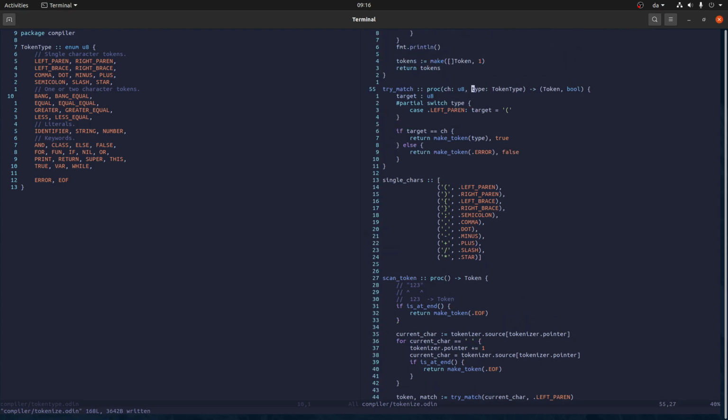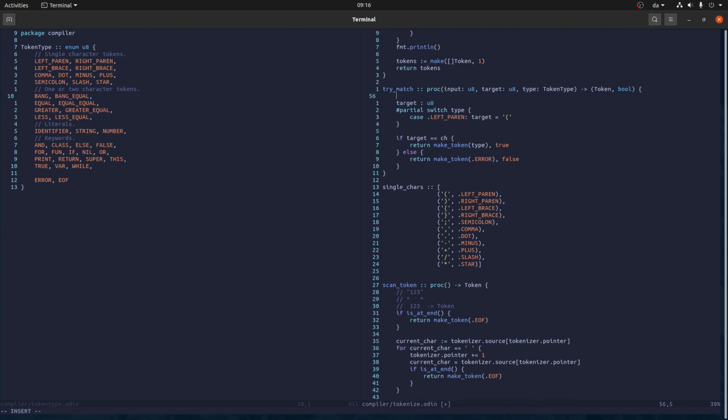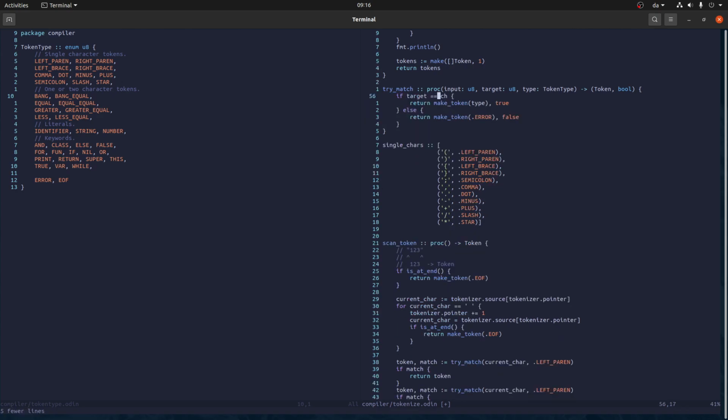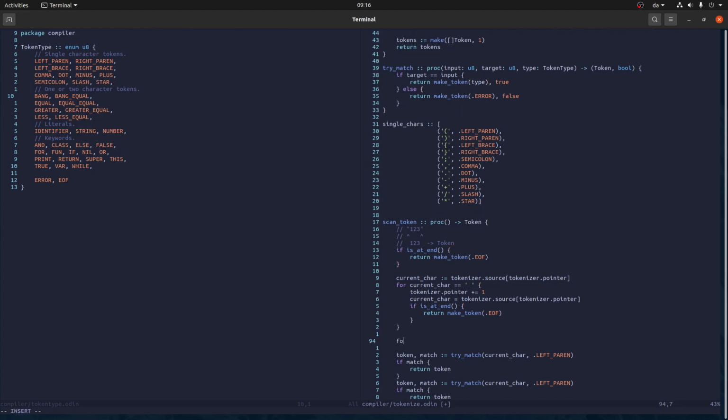And then let's take this guy and let's call it input and target and the type. And then we'll just say if the target equals the input, then we'll make one of that type, and otherwise then we'll go here and